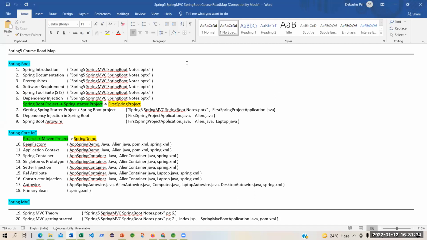What is the advantage? Spring is an amalgamation, a combination of so many projects. It has replaced a lot of things in the industry that developers were struggling with. It has made the lives of developers very easy. Otherwise it was very nightmarish. Whenever we learn Spring core, you will see how many configurations there are.